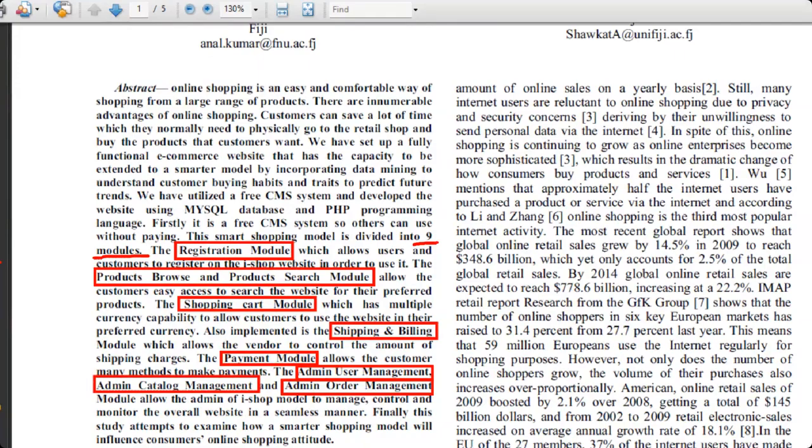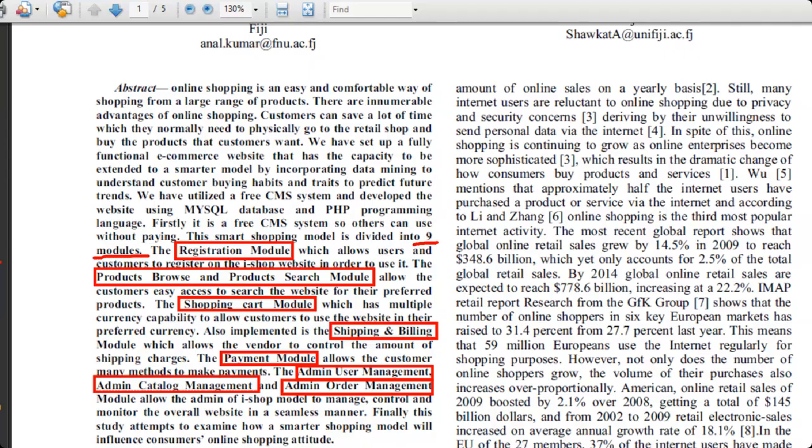Shopping cart module contains information about the items the user wants to buy. Shipping and billing contains contact details and billing details. Payment module is nothing but it will process the payment. Payment means credit card, debit card, UPI. So payments it will manage.